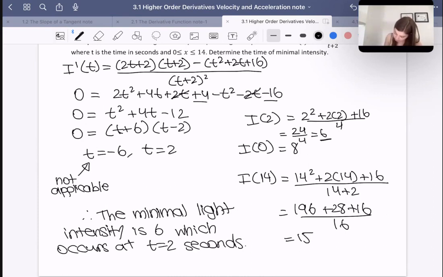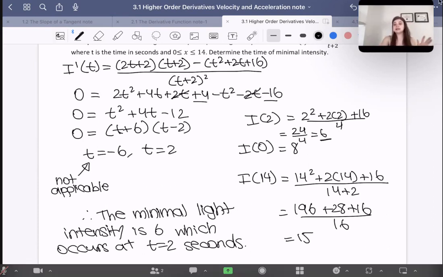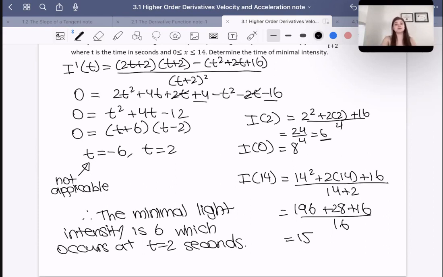Because actually, I'm just realizing they asked to determine the time of the minimal intensity. So does that mean that we could just have found the 2 and written that down as the answer? Well, technically in this case, had we done that, we would have absolutely been right. But in general, it's not a good idea to make that assumption, because what if I of 0 had ended up being even less? Then that would have been the minimal intensity, right? So we didn't know